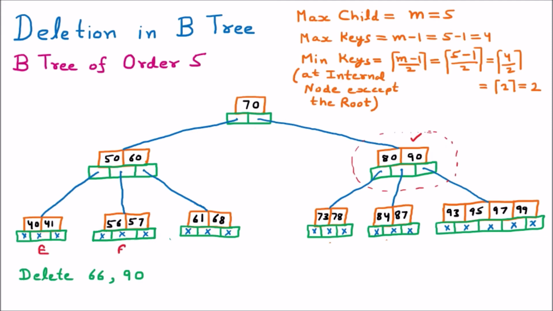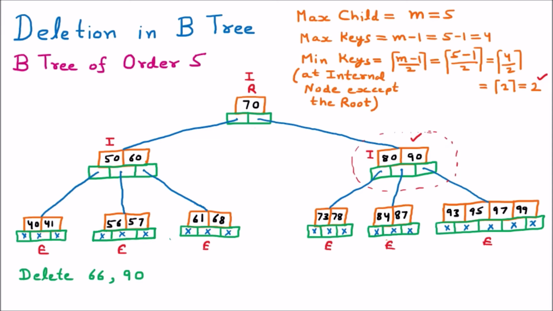So here, all the nodes which are present without children are called the external nodes or the leaf nodes. Now we have one more node, which is the root node. The root is also an internal node, but the criteria given to us of minimum keys applies to the internal nodes except the root, so that should be 2. So the minimum keys at the internal node should be 2, and here we are going to delete an element from that specific node, so the criteria will be disturbed.